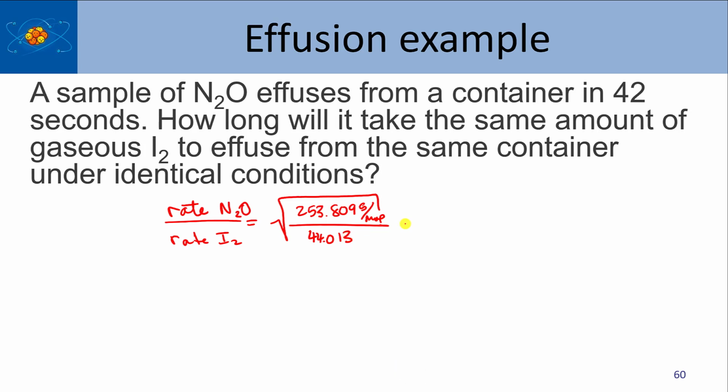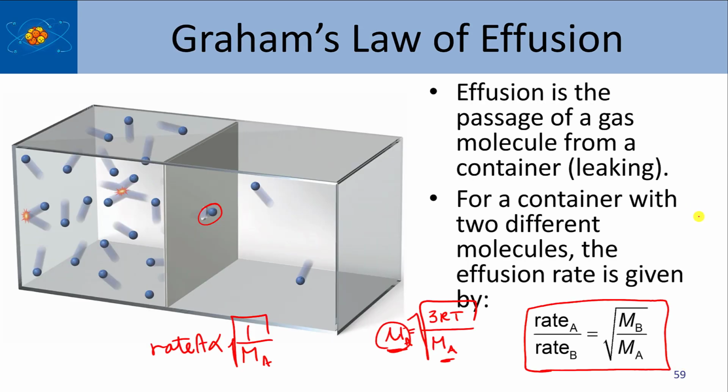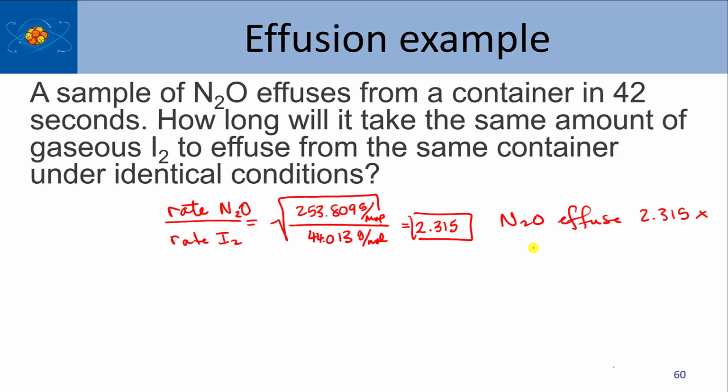And I can calculate that as 2.315, and it doesn't have units because the units all canceled out. But what this means is N2O effuses 2.315 times faster